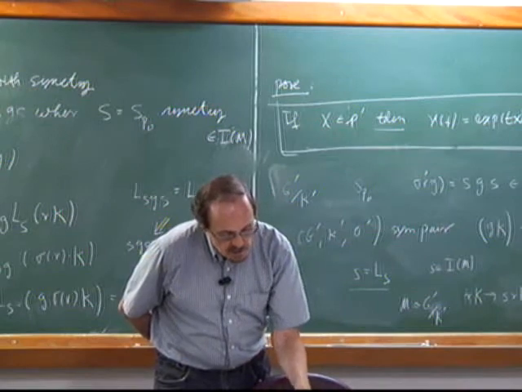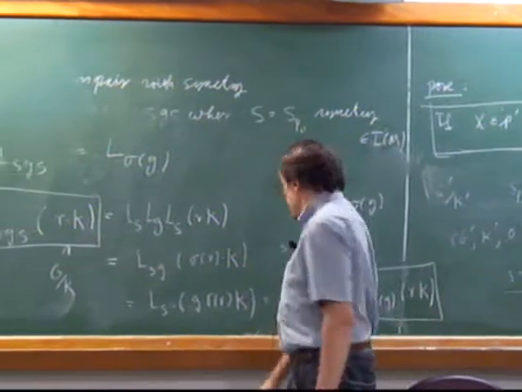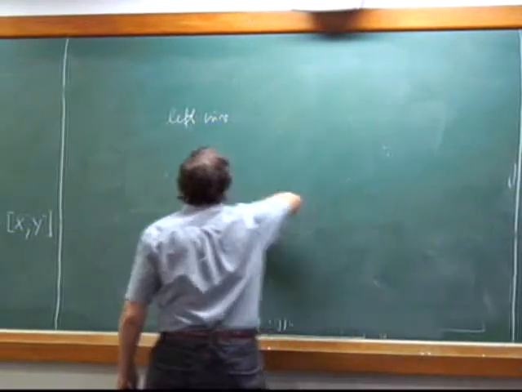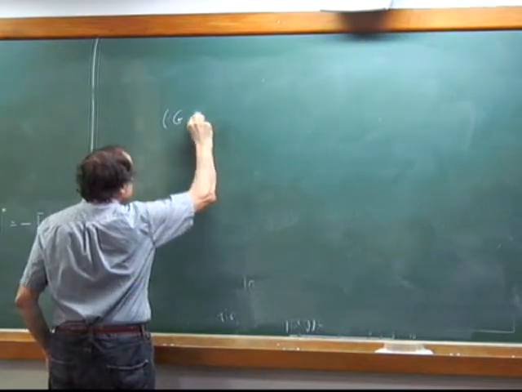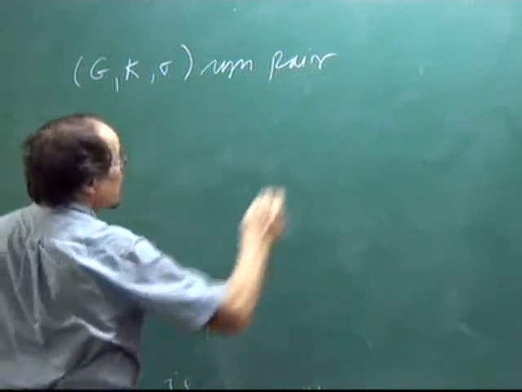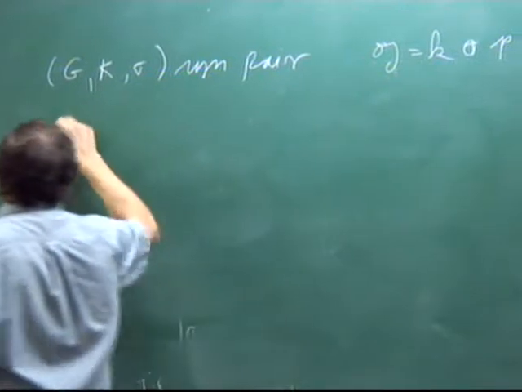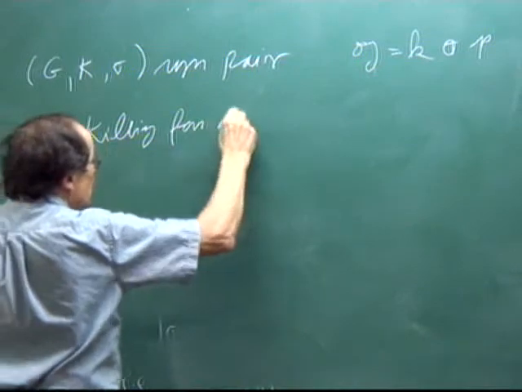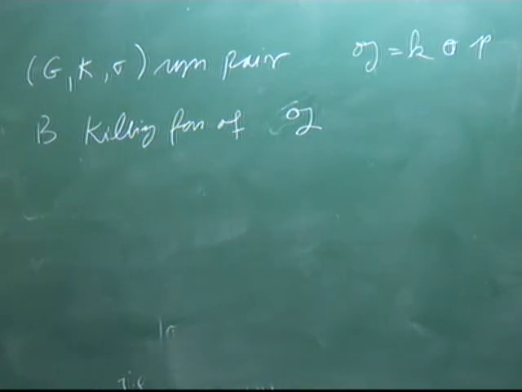Now I want to prove the following properties. And now define what's called the type. That's a very important concept. So I start with a symmetric pair. I have the Cartan decomposition. And I have B, the Killing form of the Lie group G, defined on the Lie algebra. And then I say